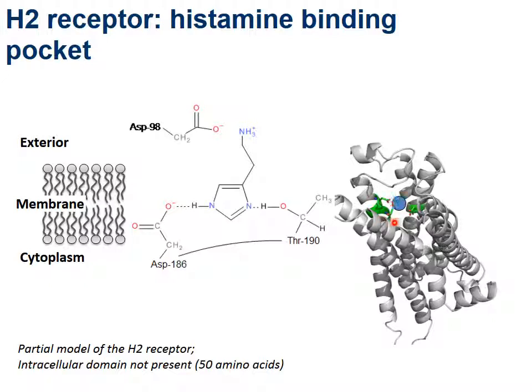So presumably ranitidine or other H2 receptor antagonists would bind in a similar region. And the question is how binding of an agonist or antagonist in the same region can result in the one case in an active receptor that can interact with the G proteins, ultimately resulting in the production of cyclic AMP, whereas in the case of an antagonist binding in the same region, there is no binding to G proteins and no production of cyclic AMP. So this can be understood by looking at another receptor,